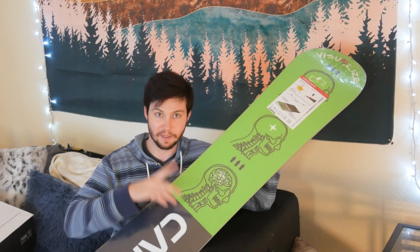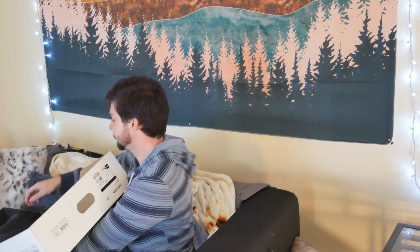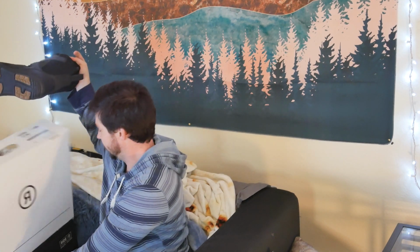I'm not going to spend too much on that. Now for the next gear, we have, as you guys can see, I got some Ride Jackson boots. These look a little more aggressive and slimmer than boots I was riding before. I'm sorry I didn't bring them out of the room, but those were called the Head Scout boots, and they were warm. They were soft, very, very soft, playful, and they were also boas, but the suede on the